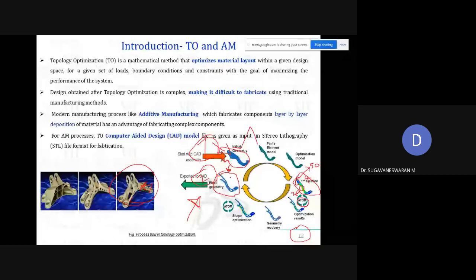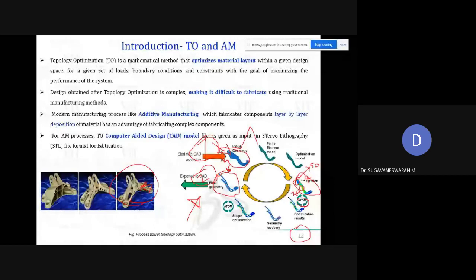But in this case, material consumption is less, the weight of the component is less, and there is no issue with intricacy to a certain extent. Still there are some issues; you cannot go for very complex shapes, only up to a certain level. If you study design for additive manufacturing principles in depth, there are also some restrictions. If it is within those restrictions, you are able to achieve the